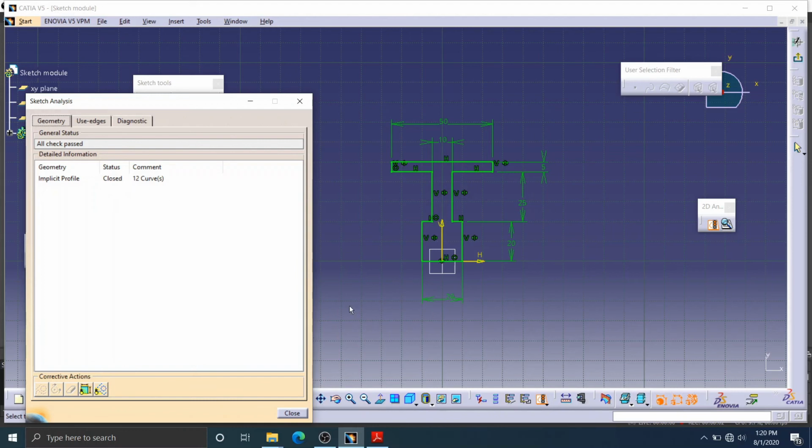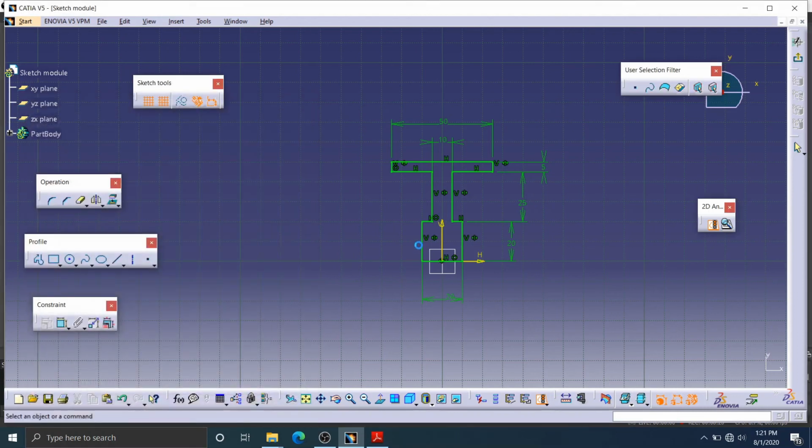This is a simple sketch, so without this tool we can easily identify whether our sketch is open loop or closed loop. In a complex sketch it is difficult to find whether any overlap or open loop is in the sketch. At that time this tool will help, as it gives the status whether our sketch is closed loop or open loop. Right now our sketch is closed loop.